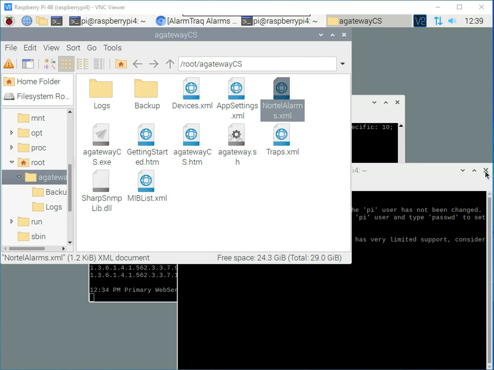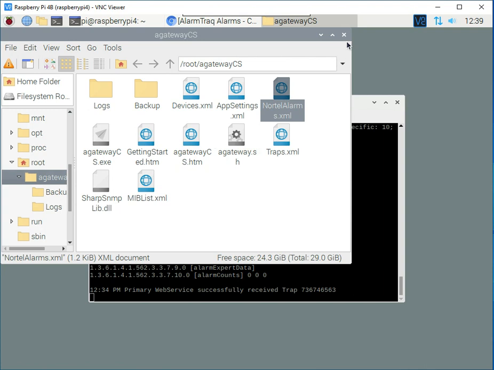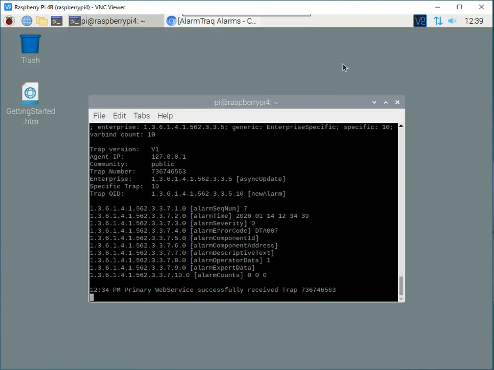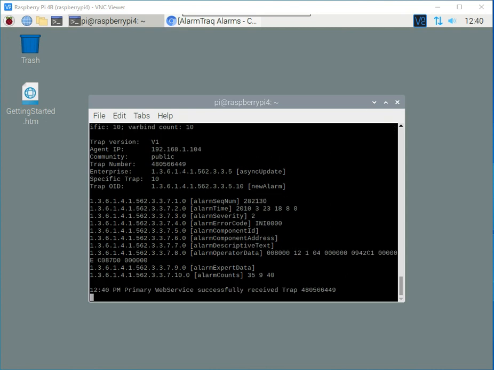Next we want to look at is see if we can receive alarms over SNMP traps. So we'll close this up, leave the default monitor up, and we'll wait and see if a trap message comes in. And look at that, we've got an INI 0000 coming from a device located at IP address 192.168.1.104, and that alarm has been sent up to the web service successfully,